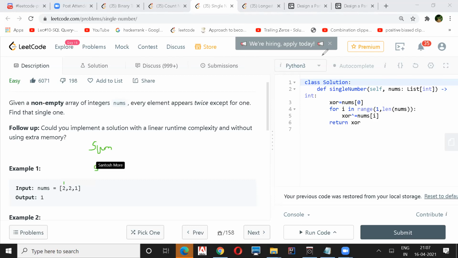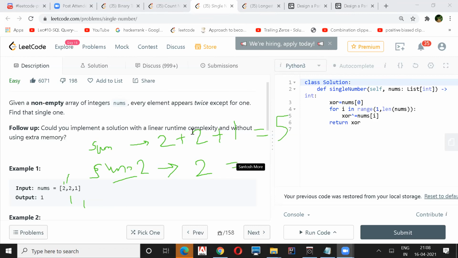This sum two will only add if there are duplicates. When I come to the first 2, my sum will be 2. When I come to the second 2, I know it is a duplicate, so I add it to sum two also. Then when I come to 1, I cannot add it as a duplicate, so I add it just to sum. So now the sum is going to be 5, and sum two will be 2, right?